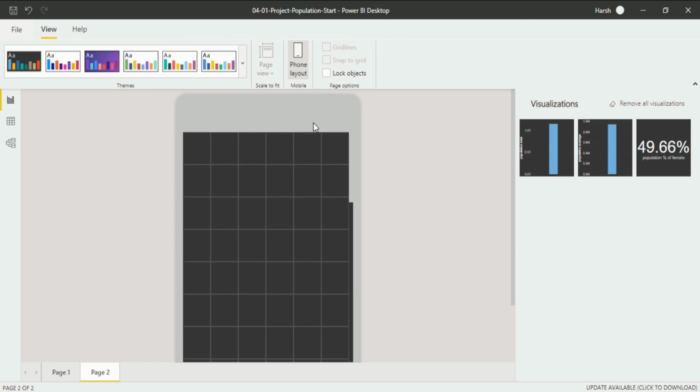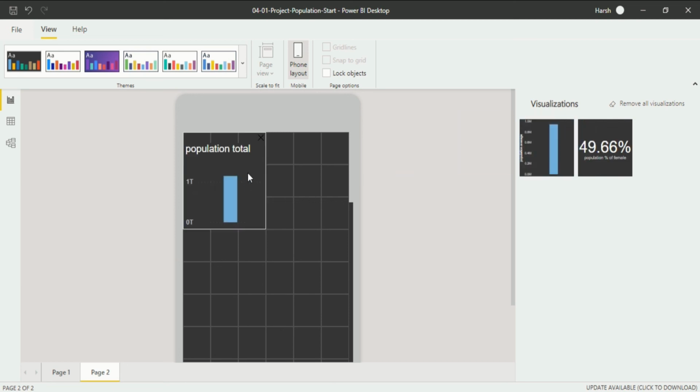So how do I create a visualization on my phone? So in here you will see the three visualizations that are available on the report view in the desktop view. I want to transfer this into a mobile view. How do I do that? In the visualize section, you have seen three visuals. So I will directly transfer into a mobile layout and change accordingly. So when I click on it, you will see it has been transferred into a mobile layout. I will increase its size accordingly.